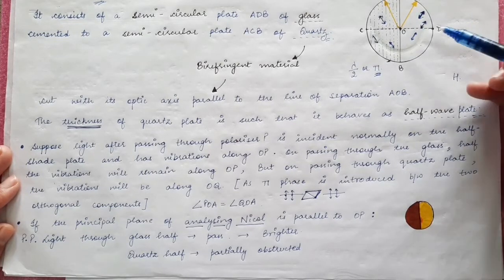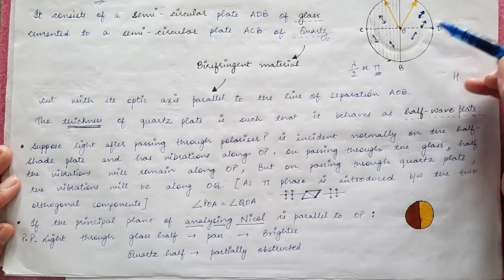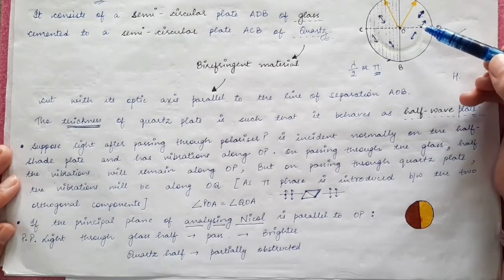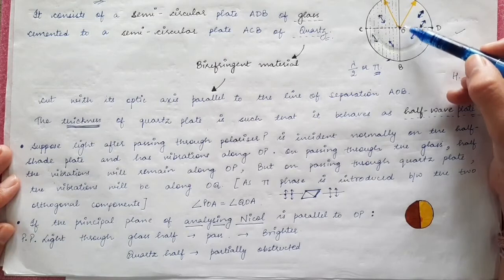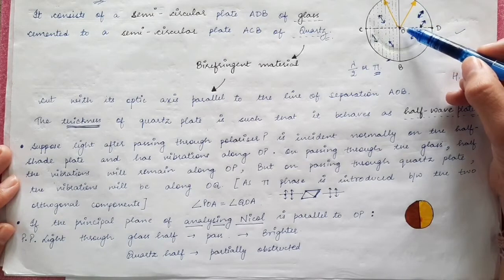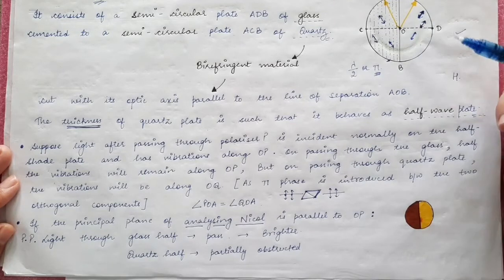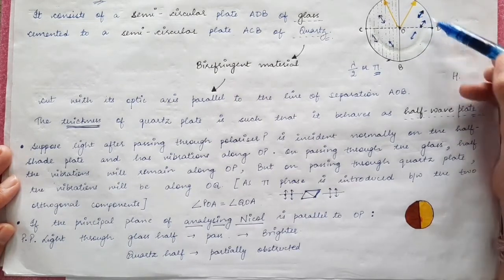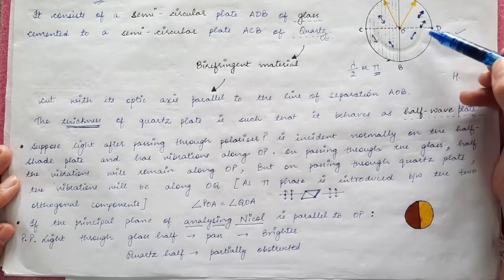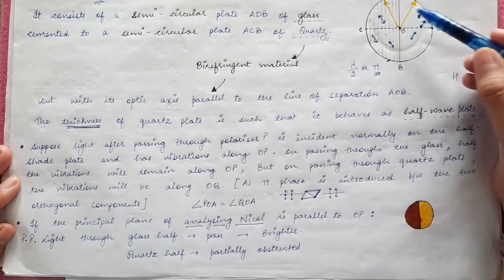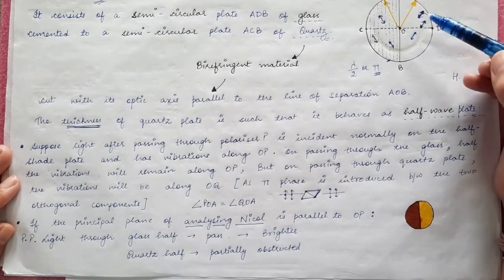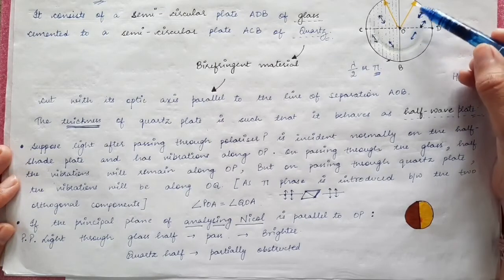So we are supposing that the analyzer has its principal section parallel to OP, so it is in this direction. Then the light ray which has its vibrations of electric field parallel to OP in this direction will pass through the analyzer as it is, and then it will reach our eye. In that case, this portion of the glass plate will appear to us as bright, because the principal section of the Nicol prism is parallel to OP,